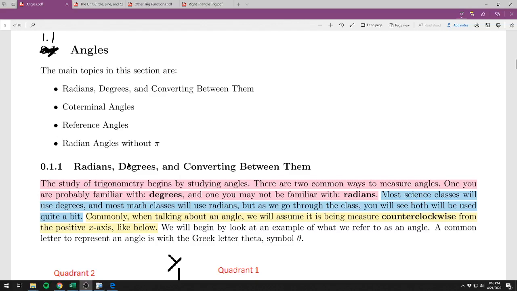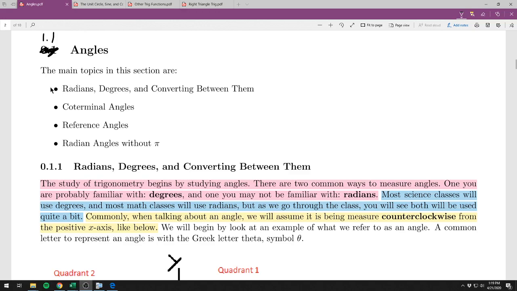This video will be going over section 1.1, which is on angles. This is the first thing we study in trigonometry. The topics in here, you probably have some familiarity with angles from geometry class in high school or something, and you probably know angles as degrees, the way we measure them. But the very common way and necessary way in many problems is to use the measuring system of radians, and